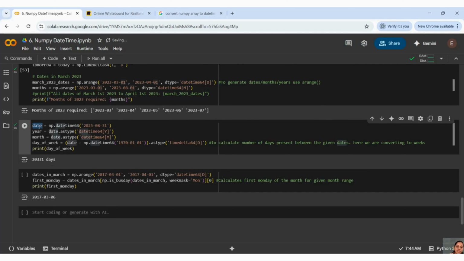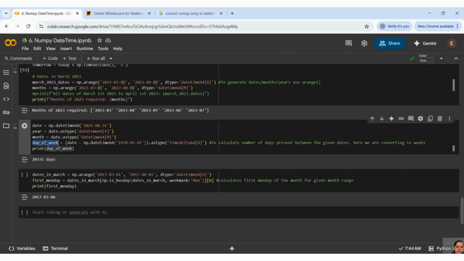I have taken an initial date, and I have taken year. In year, I have used astype, as I want the year of that date. That means if I take 31st 8 2025, it is going to extract 2025 out of it. And I want month. So what is the month going to give me? It is going to give me this part, 2025-08, right?